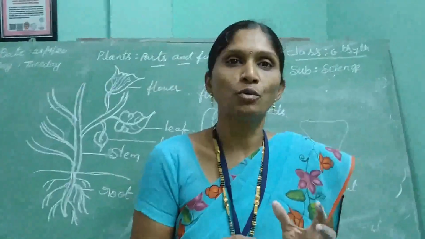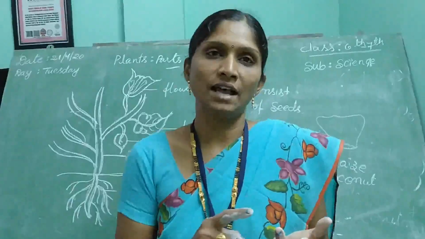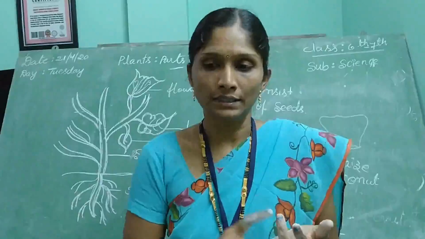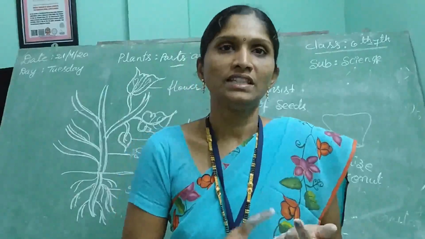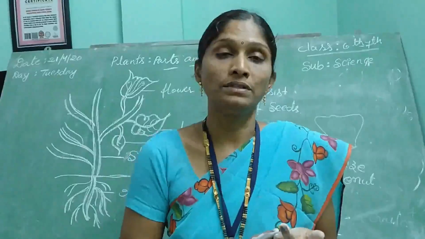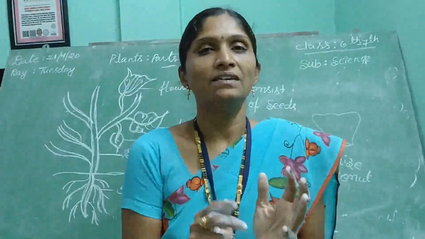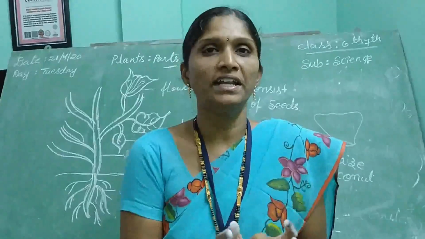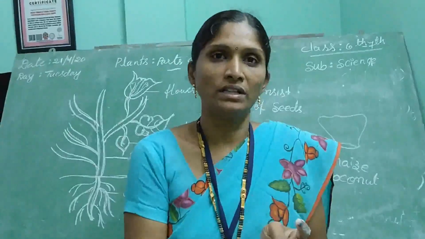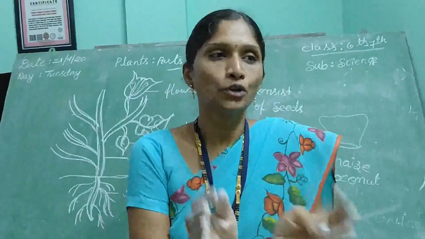The best examples of tuberous roots or tuberous stems are, first carrot, second radish, and the third example is beetroot, and sweet potato. These all are examples of tuberous roots. Okay. What is the meaning of tuberous roots? Plants make the food material in the leaves, it passes down and is stored in the root, and it bulks out. These roots are called tuberous roots.